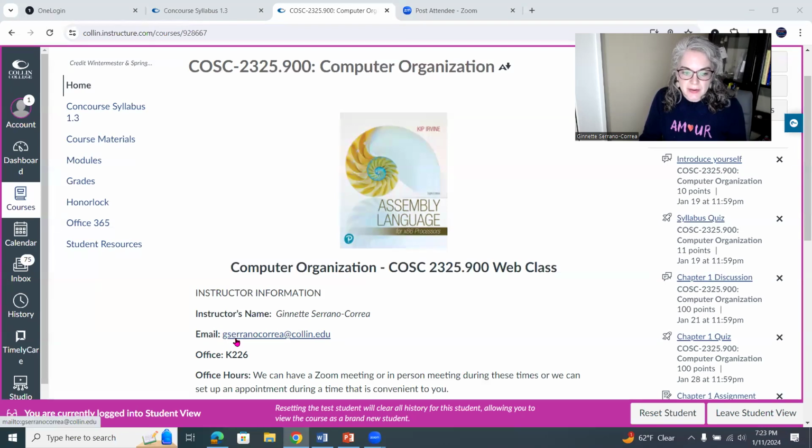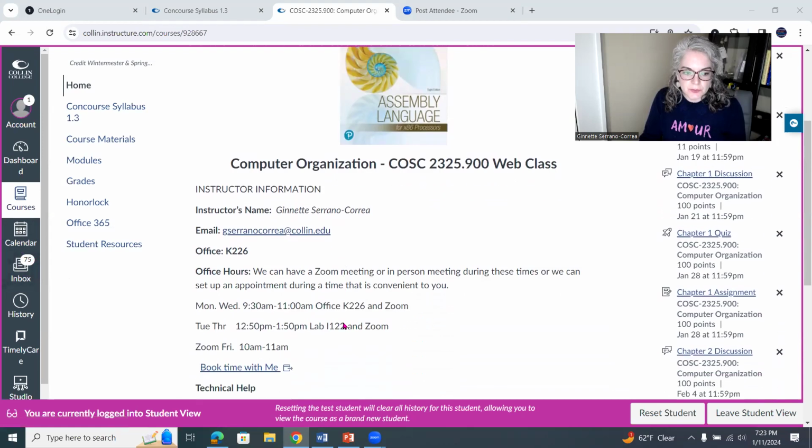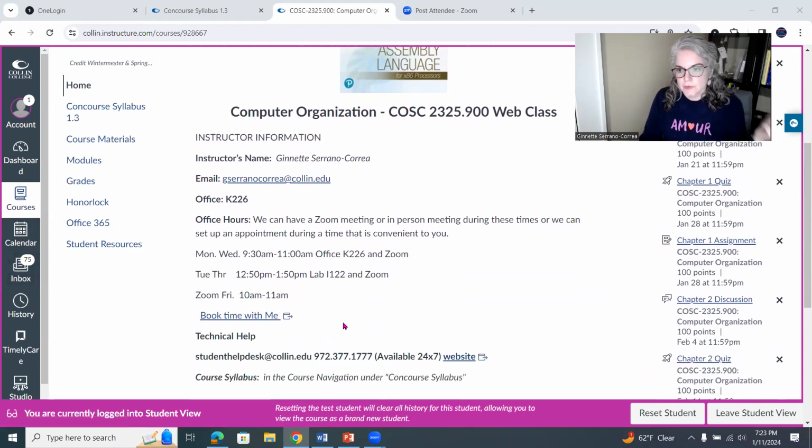So here's my email address. Whenever you send me an email, you can just go to email through Canvas and send that to me. And it goes directly to my inbox, anything you send through Canvas. My office is at the Plano campus.